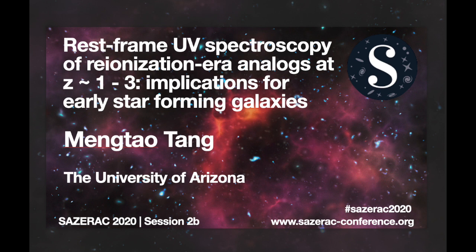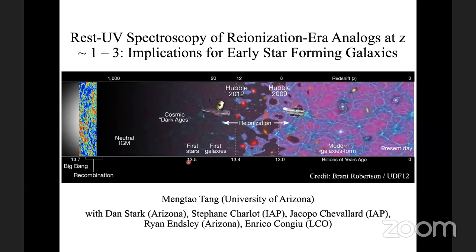You will tell us about the rest-frame UV spectroscopy of reionization analogs at redshift 1 to 3 and implications for early star-forming galaxies. Okay, so thanks to the organizers for giving me this opportunity to talk. My name is Mengtao Tang from the University of Arizona. So today I'm going to talk about our new results from the rest-frame UV spectra of reionization-era analogs at